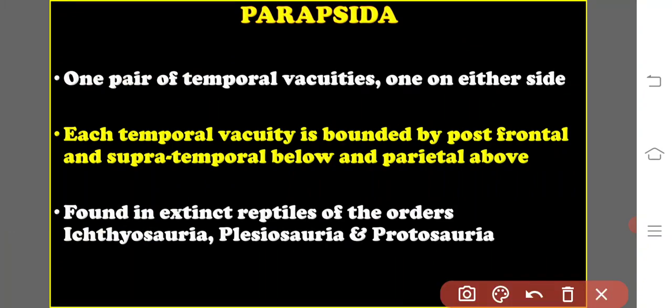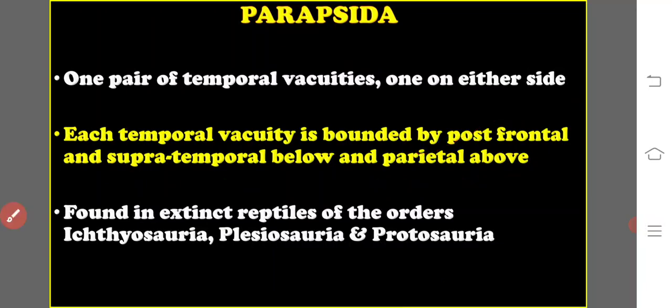What are the specialties of the Parapsida skull? One pair of temporal vacuities, one on either side. Each side, one temporal fossa is present. Each temporal vacuity is bounded by the postfrontal and supratemporal below, and the parietal above. Below, it is bounded by the postfrontal bone and the supratemporal bone, whereas the above side it is covered by parietal